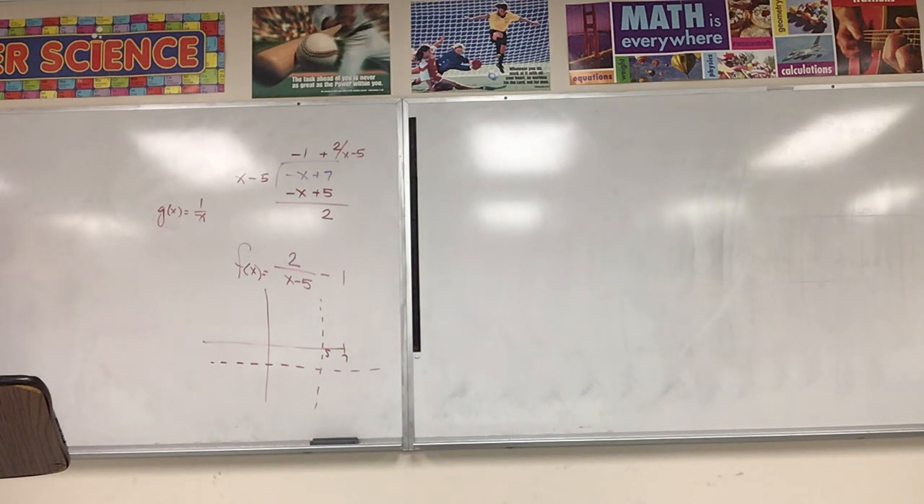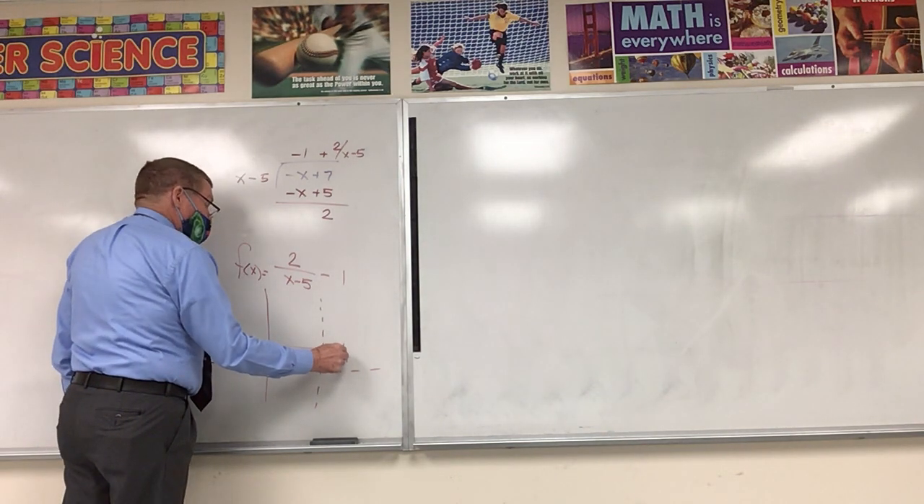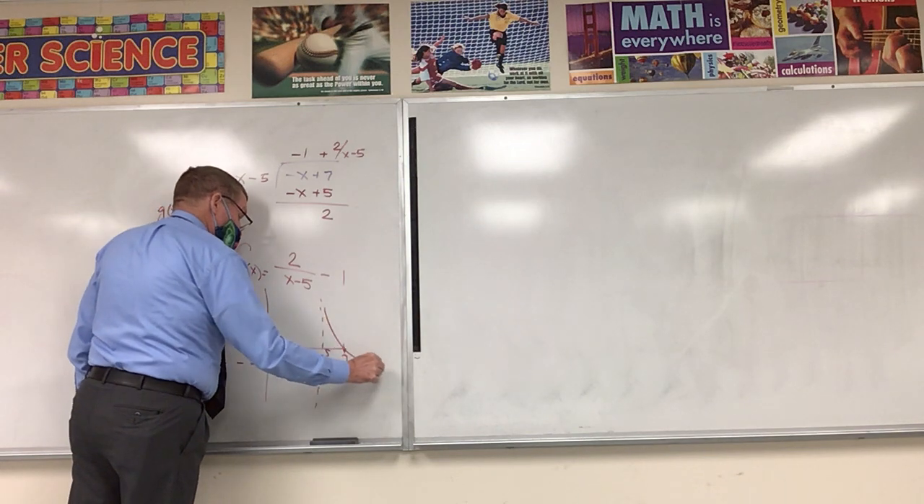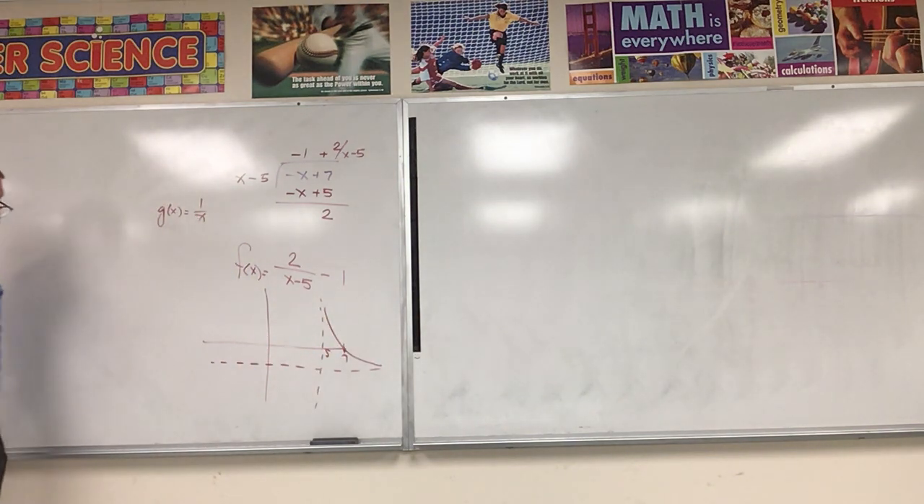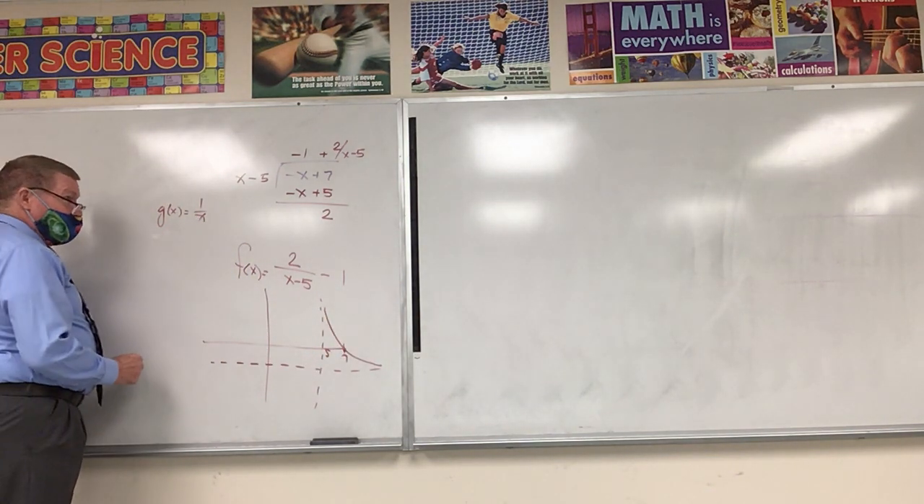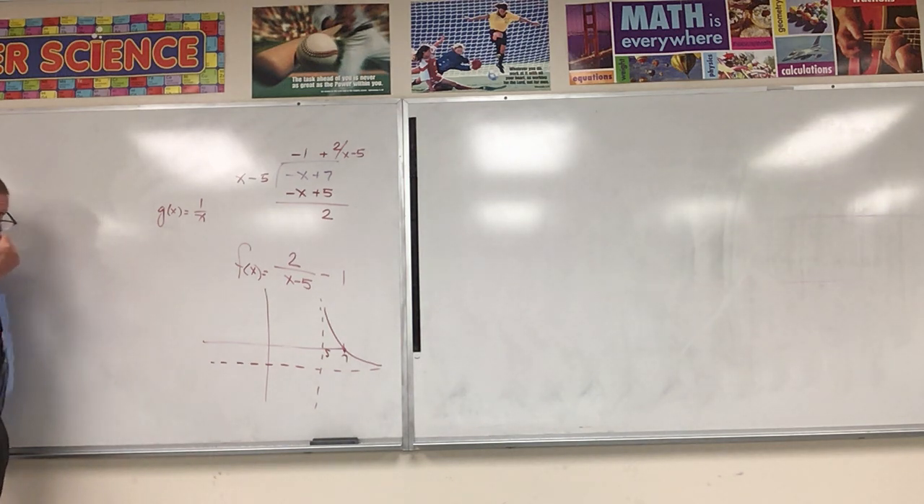So what quadrant am I in? Where will my graph start? First quadrant, up here, because I know I have to go through 7. So therefore I'm going to go through, what's my y-intercept? 7 over 5. Alright, which is approximately,